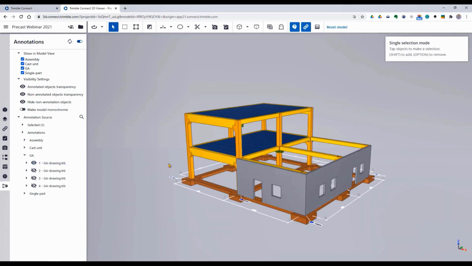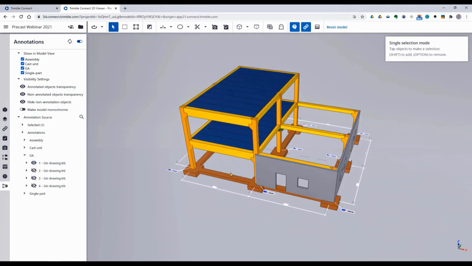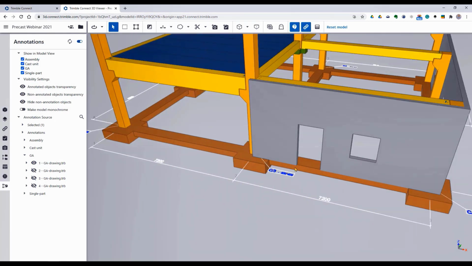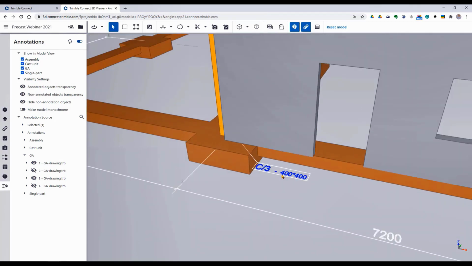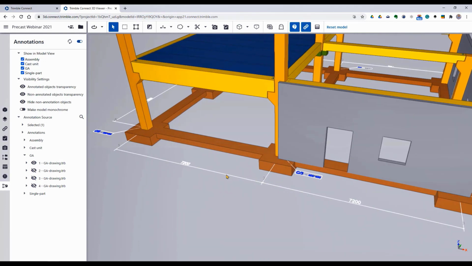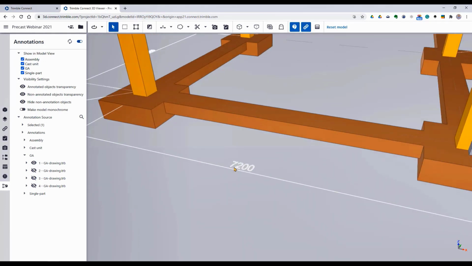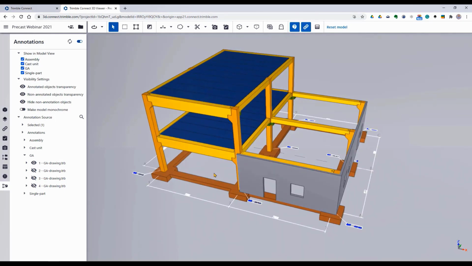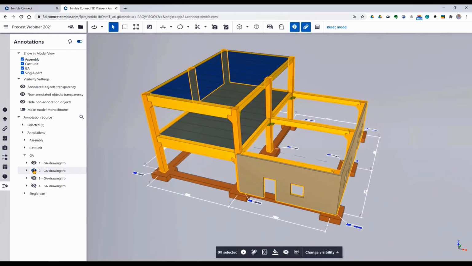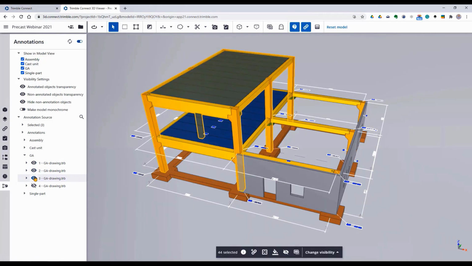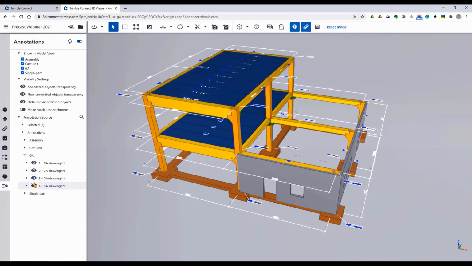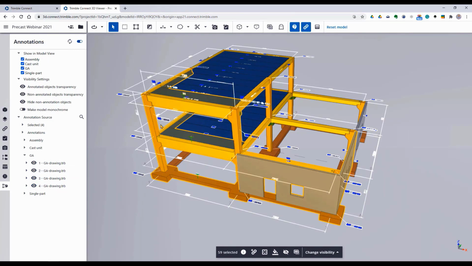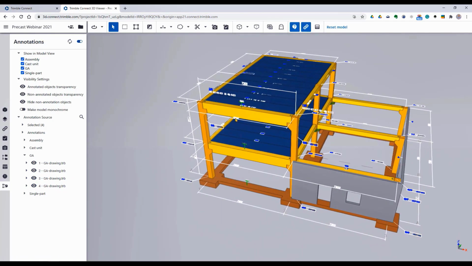With a click of the eye symbol, you can activate the particular GA drawing. Now you see this is perfectly aligned and attached to the model itself and represents all the styles as they are defined in the model, respectively in the drawing. Enabling the others, which were created and uploaded, you may also see that there were different styles in the drawing. This perfectly matches as the drawings were made.